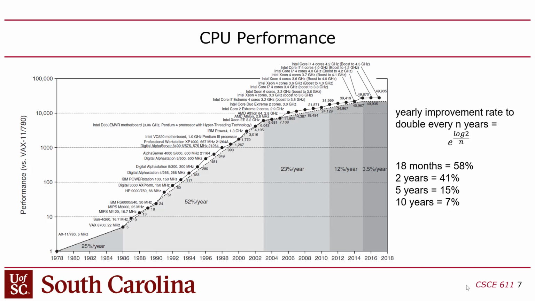So the problem there is that that's been slowing down. You can see that in that interval, performance was going up by 52% per year. And you might say, well, wait a minute, how's that translate to Moore's Law? Well,